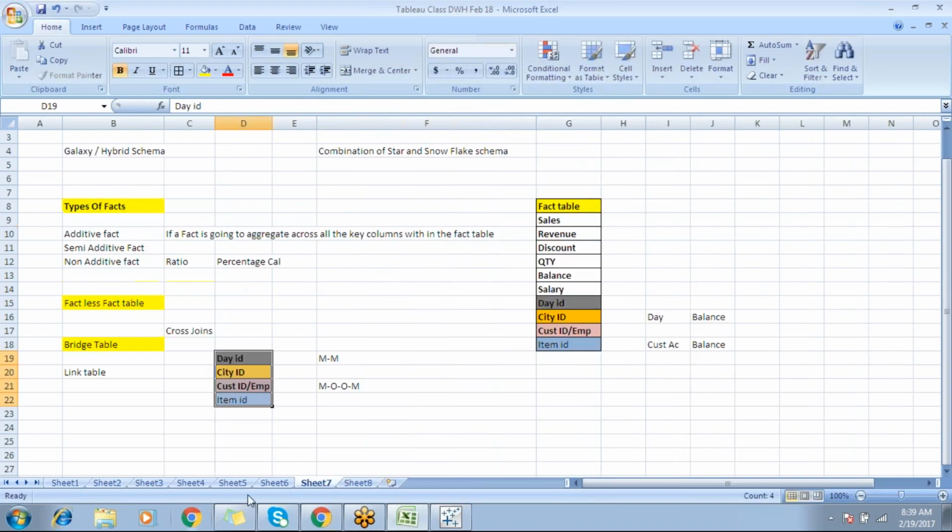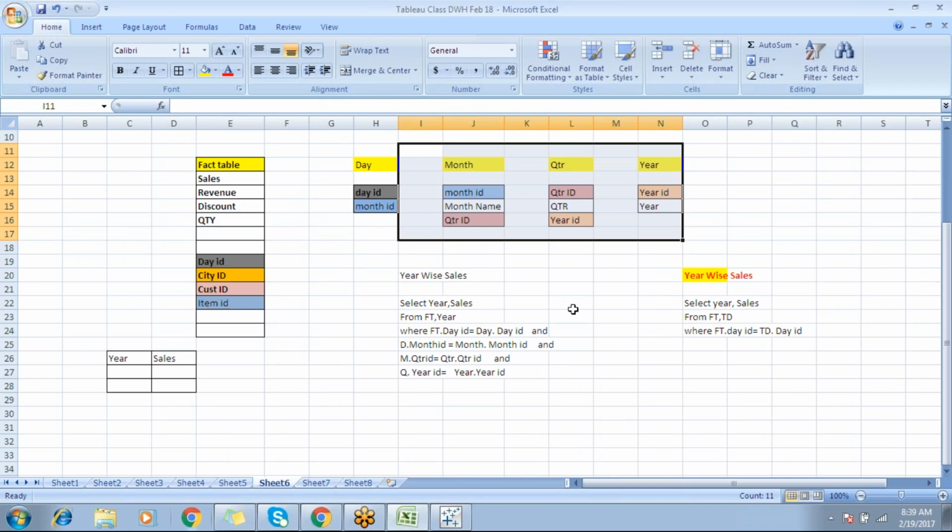Got it? So it's the same. When it comes to snowflake schema, we have year table, quarter, month, day. So the day table is directly